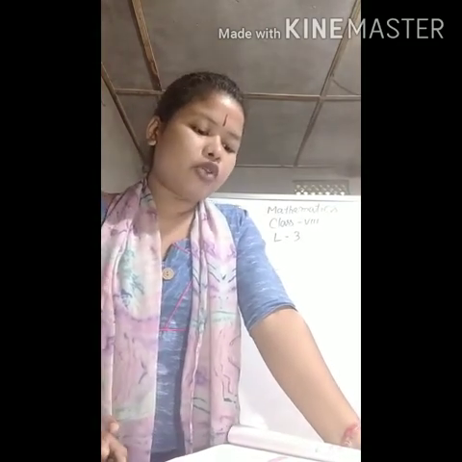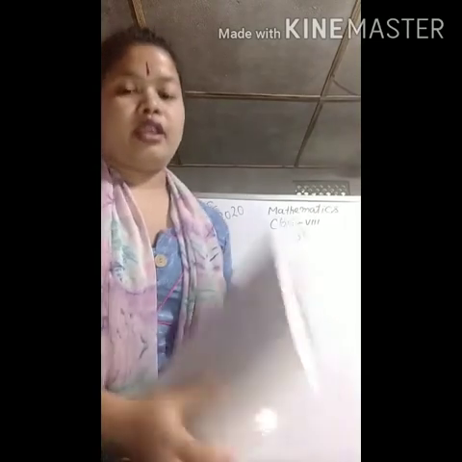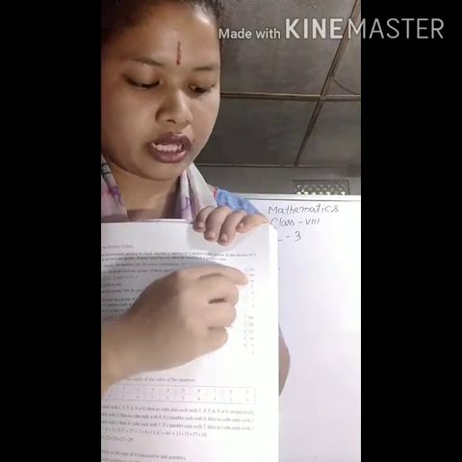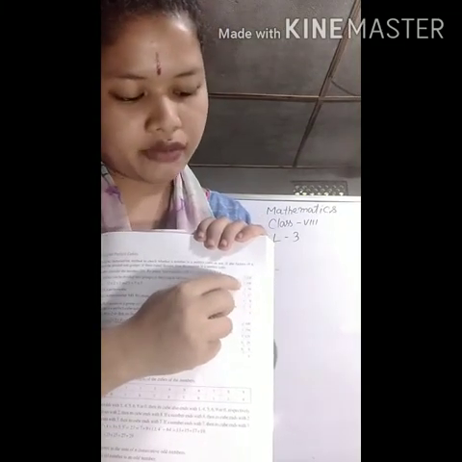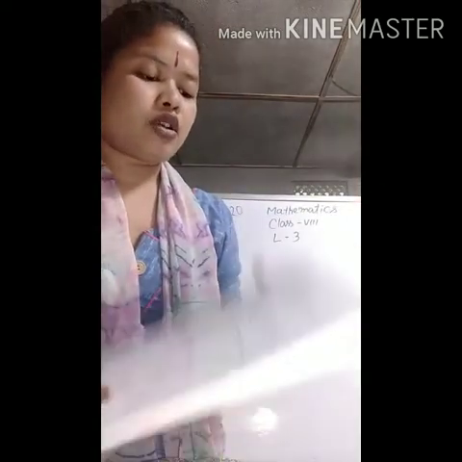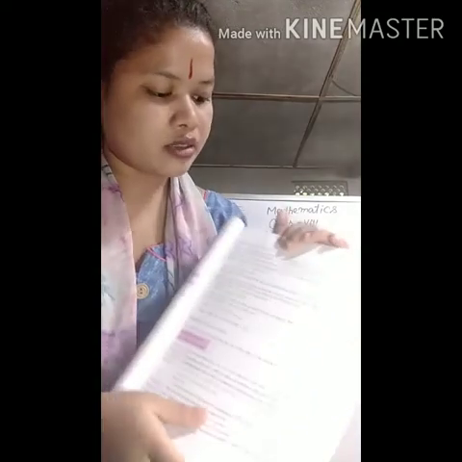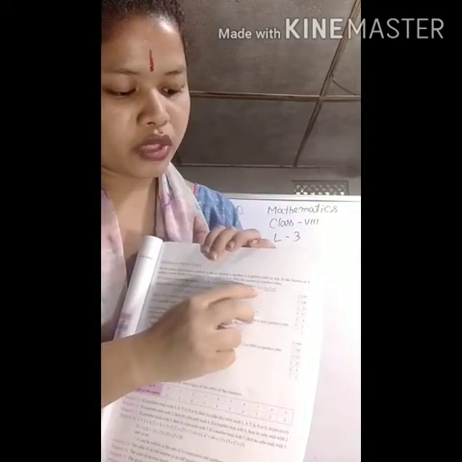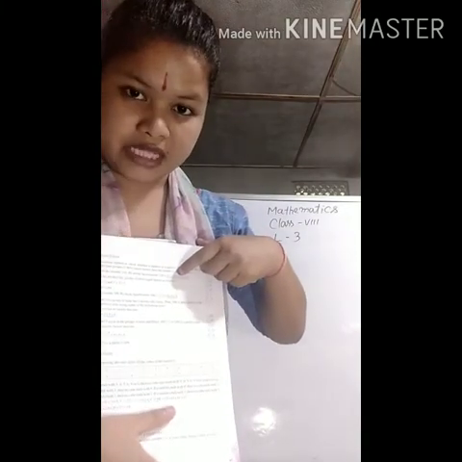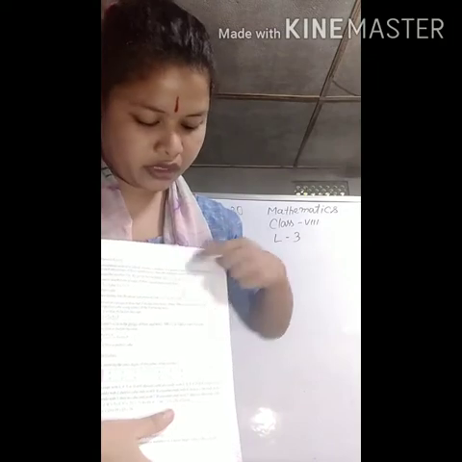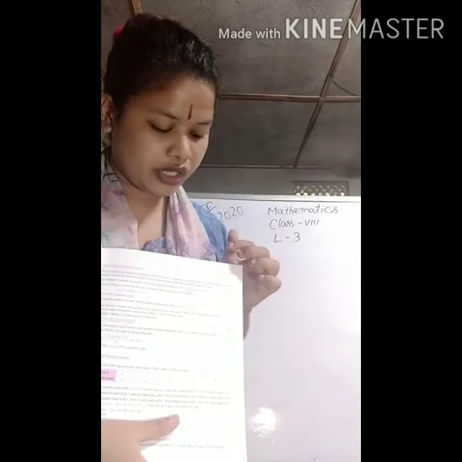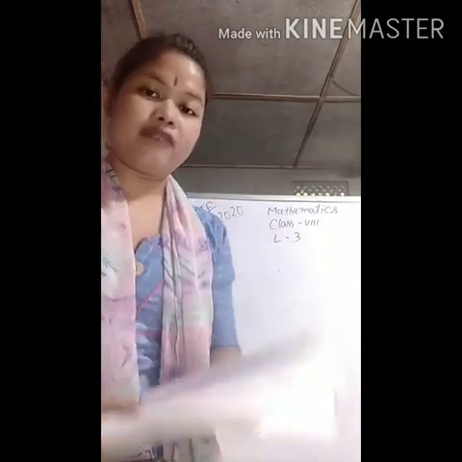So for 216, in prime factorization method, first 216 is divided by 2. Then we got 108. Then again with 2 we got 54. Then again with 2, 27, like that. So we got the factors which are 2 into 2 into 2 and 3 into 3 into 3. See, 2 we got 3 times. That means we can write 2 cube. 3 we got 3 times, so 3 also we can write as 3 cube. That means it is a perfect cube.